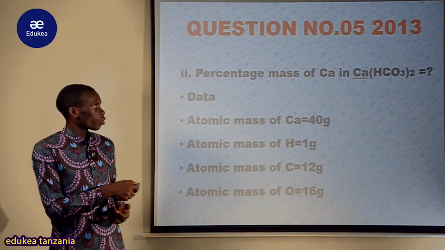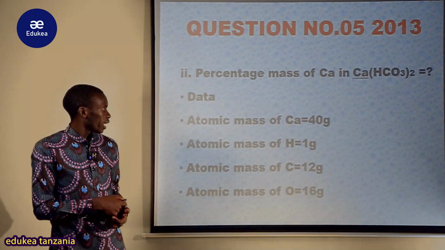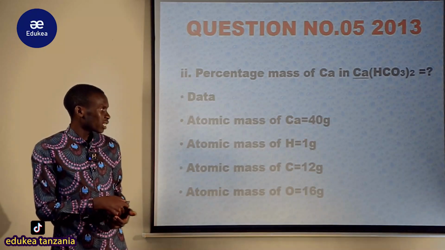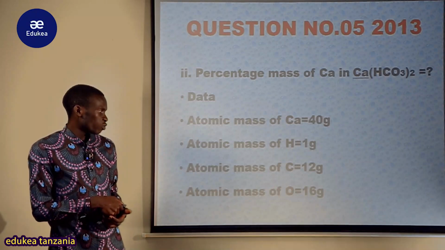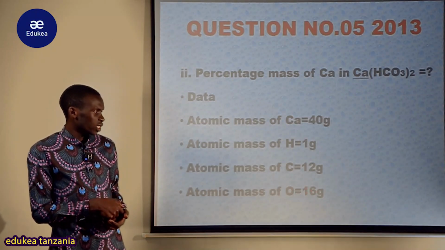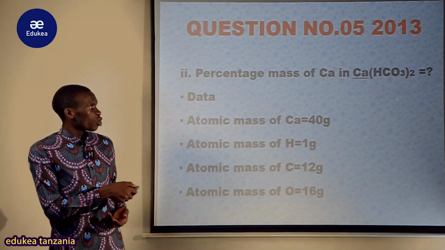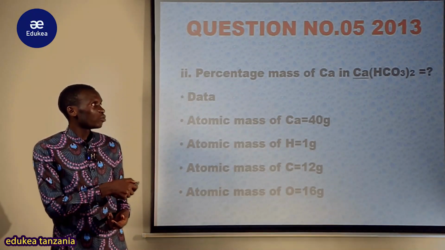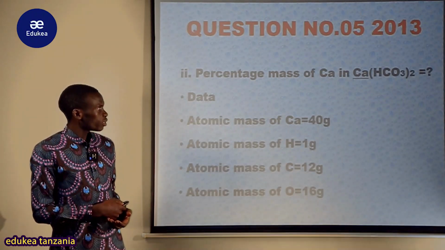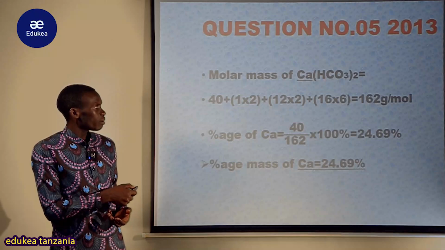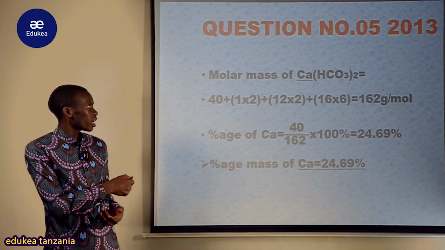Calcium kwenye calcium bicarbonate. Atomic mass of calcium is 40 gram, atomic mass of hydrogen is 1 gram, atomic mass of carbon is 12 gram and atomic mass of oxygen is 16 gram. So after then you are required to determine the molar mass of this compound, or the total mass of the compound. The molar mass of calcium hydrogen carbonate equals calcium atomic mass